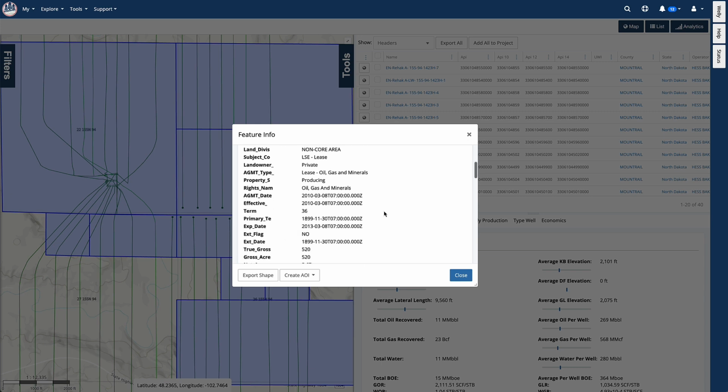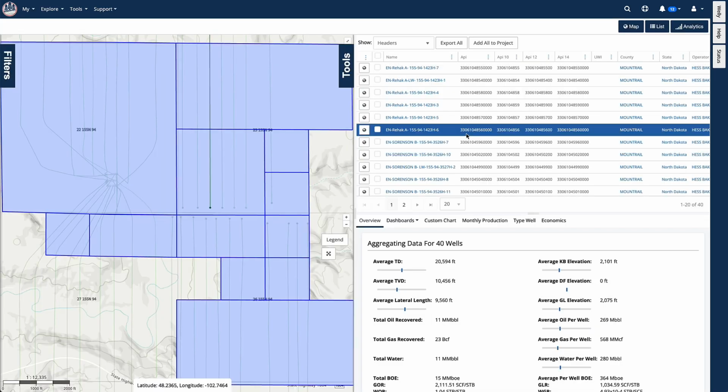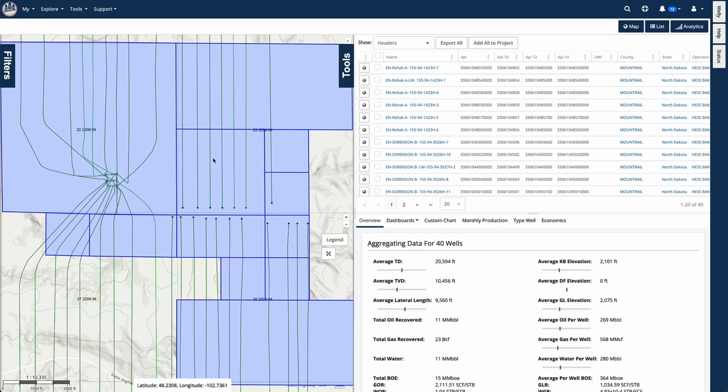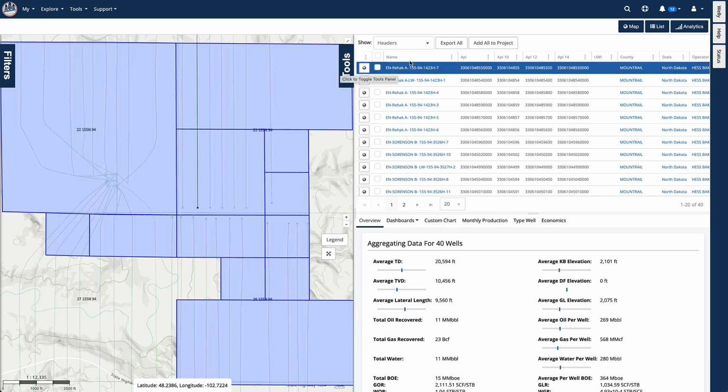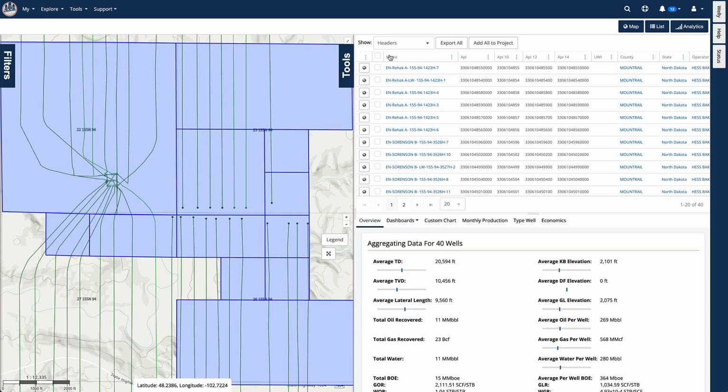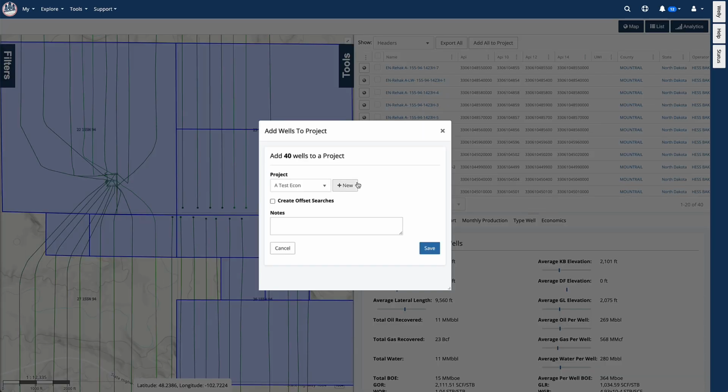So again, it's a great way to interact with the data points and keep that level of connection in here. So let's act like this is a new M&A deal. I need to evaluate these 40 wells. Of course, I can just export this data like we did before, but I can also come in and create a WellDatabase project from these. And so I'm going to do that. I'm going to call this the